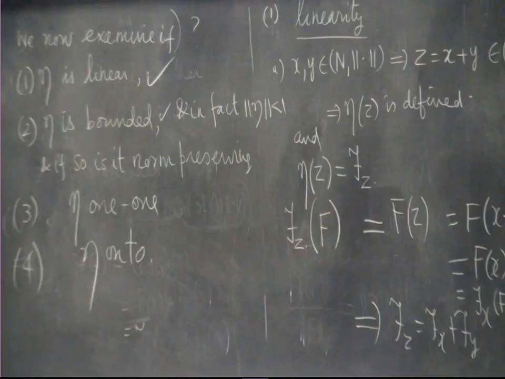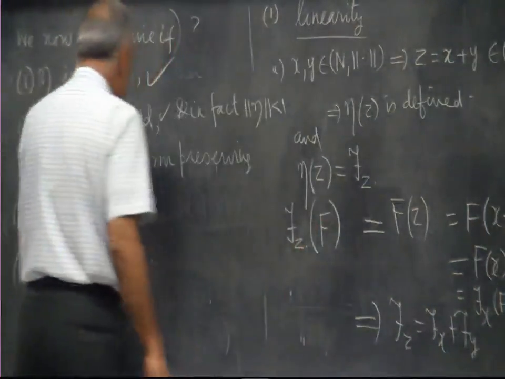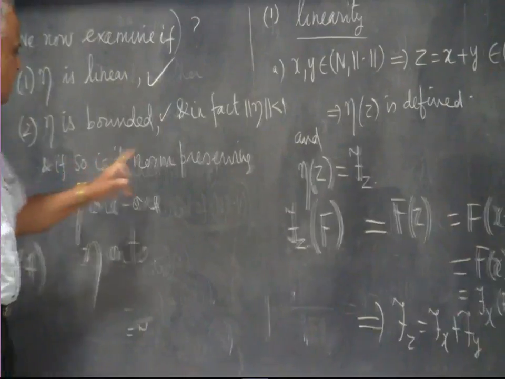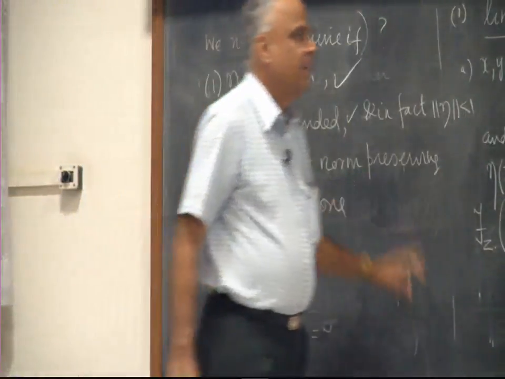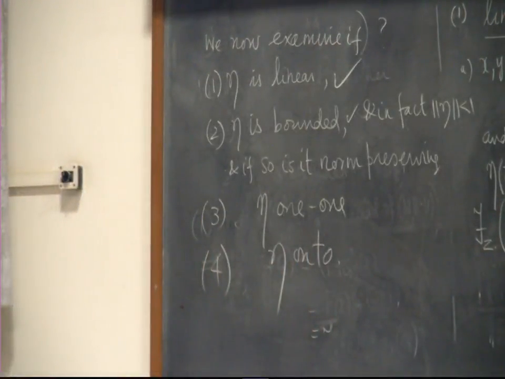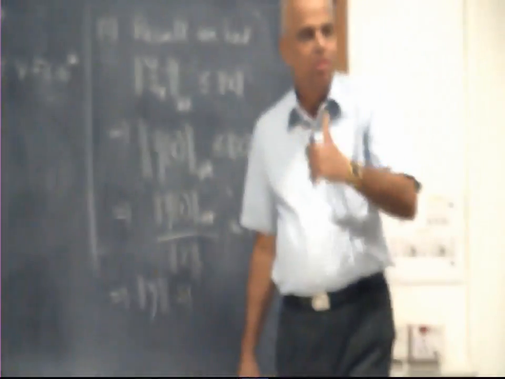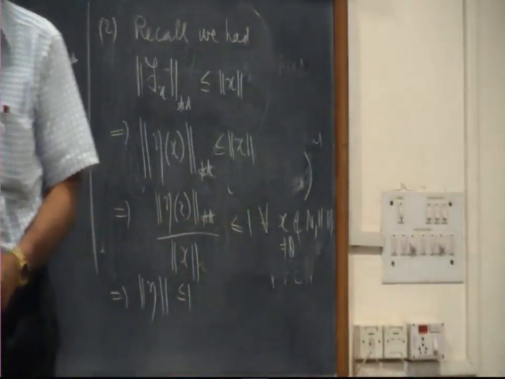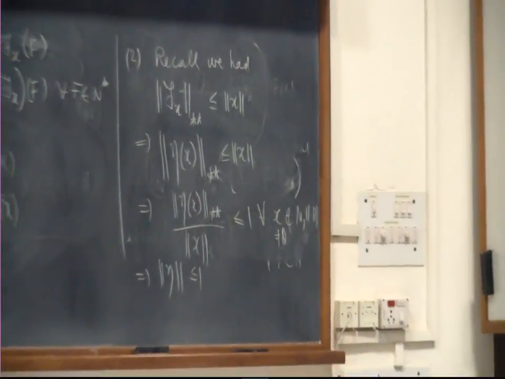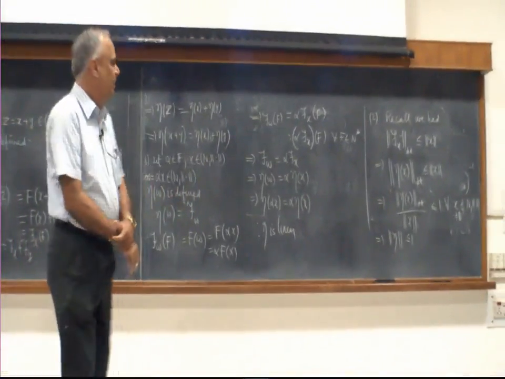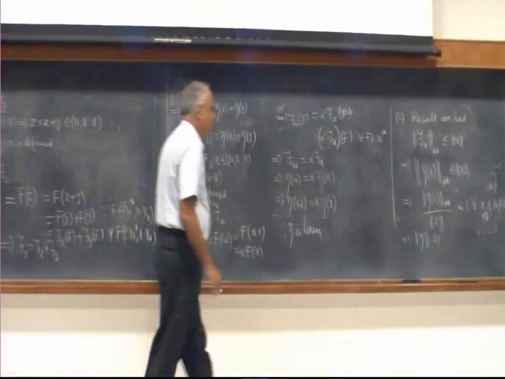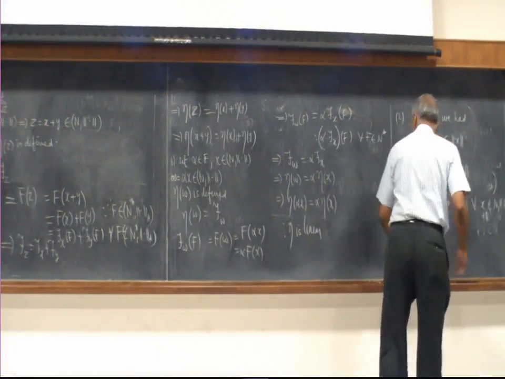Now what we are asking in the third question is whether the equality holds. Remember we had asked in the second question, further, is it norm preserving? That means we want the norm of eta x to be the same as norm of x. We have said it cannot be more than norm x, but we want to know whether it is equal to norm x, and that's where the Hahn-Banach theorem comes into the picture. It is here that the need to prove a theorem like that was necessary.